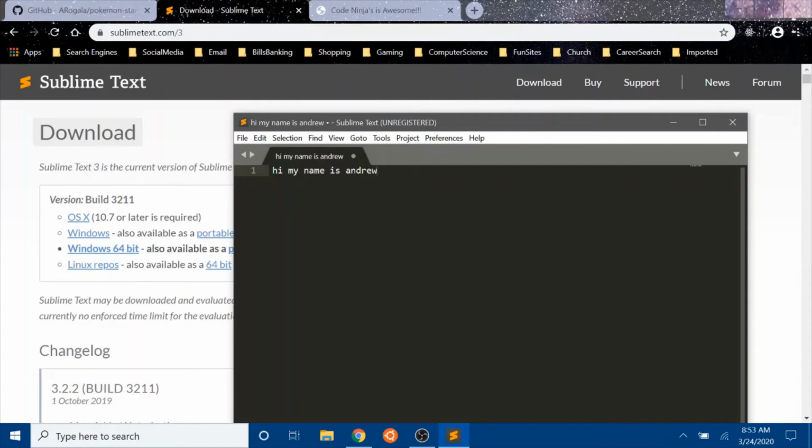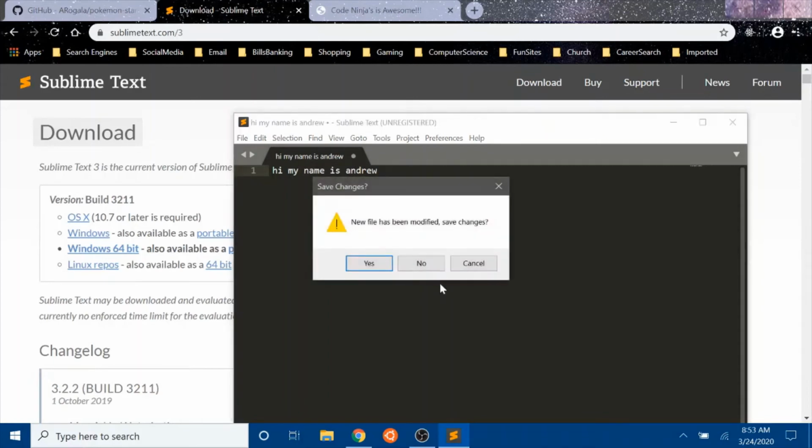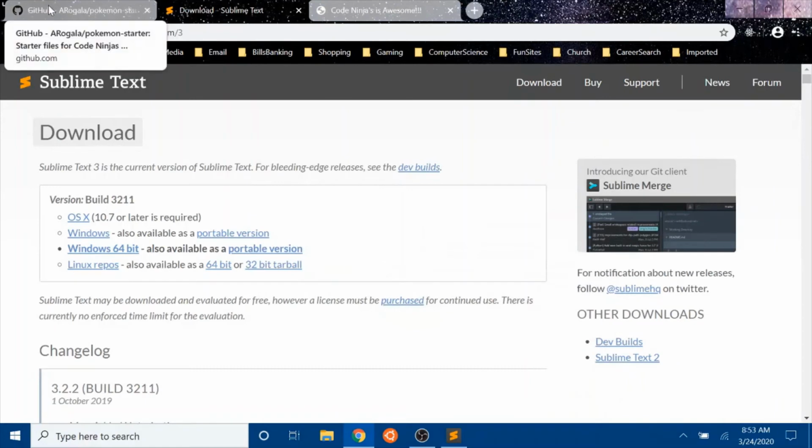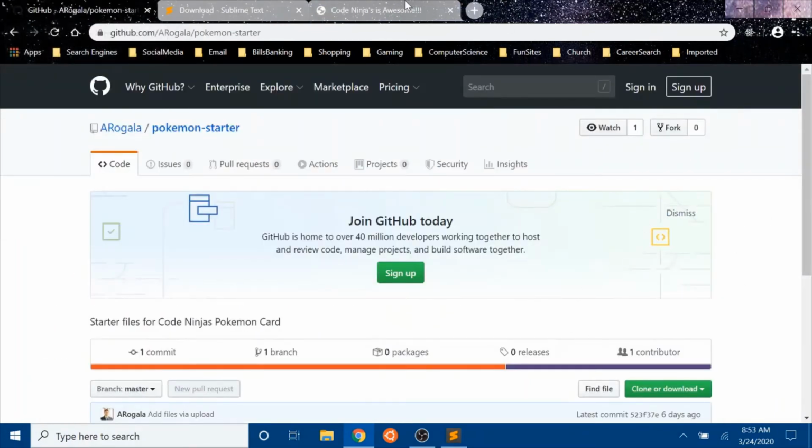but we need it to write JavaScript files or HTML files. So we have this special software. I don't really want to save that, so let's get rid of it. Great. Okay, the next step is we need to get some starter files that will make programming the Pokemon card